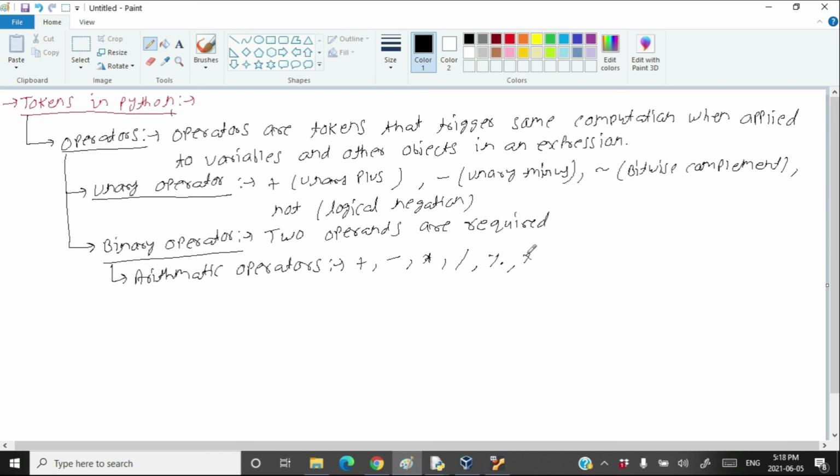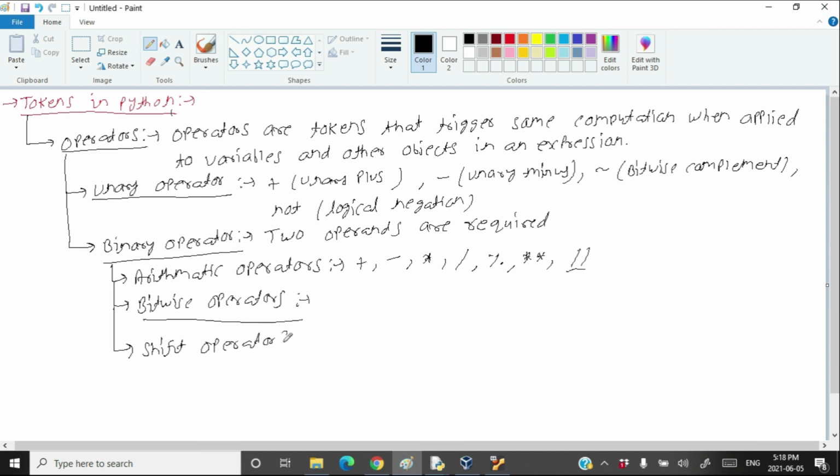We will see all these operations in later videos. Then we have the exponent. Double asterisk represents exponent. Then we have something called floor division. You don't know about floor division yet, we will see it later. After arithmetic operators, we have bitwise operators. Again, we have multiple operators in bitwise operators. I'm not going to list them here because that does not make sense to you yet. I will create a separate video on all these operators. Don't worry about it. There are multiple bitwise operators, and there are only two shift operators.